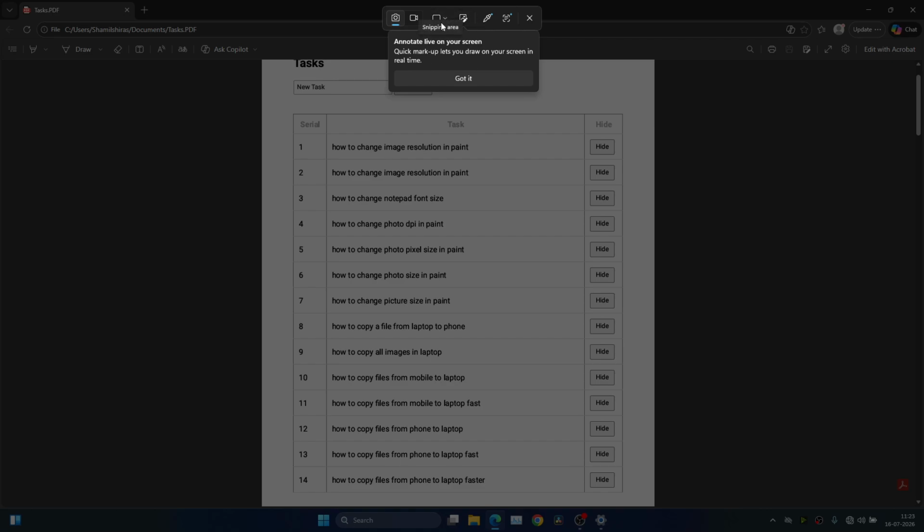Then you can see here there is an option of snipping area. Click on that. Actually, it is the screenshot area. So there are multiple options like rectangle, window, full screen, and freeform. I'm always selecting rectangle for a particular area. So click on that. Then you can see here the option of mouse pointer on this area, and just click